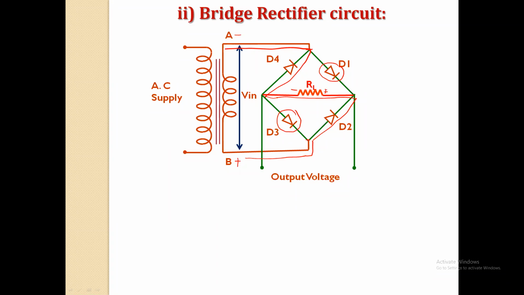But if you observe that very important thing, during positive half cycle as well as during negative half cycle, the polarity of RL is not changed. आणि पोलॅरिटी चेंज झाली नाही म्हणजे काय हो, की या RL मधून एकाच डायरेक्शन मध्ये करंट फ्लो होतो, मग तो पॉझिटिव्ह हाफ सायकल असेल किंवा निगेटिव्ह हाफ सायकल असेल. मग जर RL मधून एकाच डायरेक्शन मधून जर करंट फ्लो झाला तर त्याच्या अक्रॉस डेव्हलप होणारं व्होल्टेज हे एकाच डायरेक्शनला असेल. That's why we say that the output voltage developed across that RL is unidirectional.